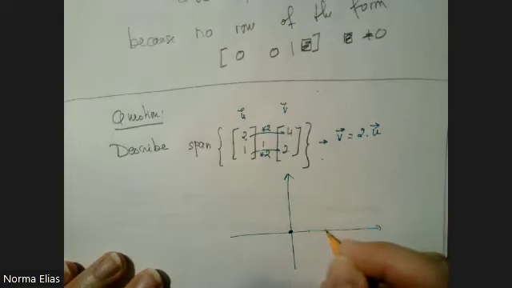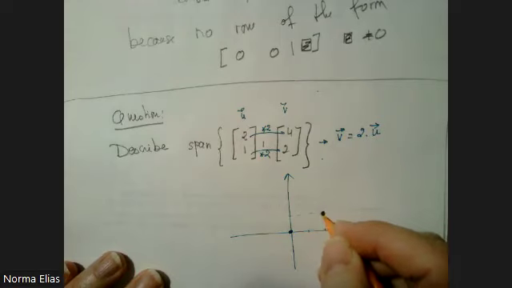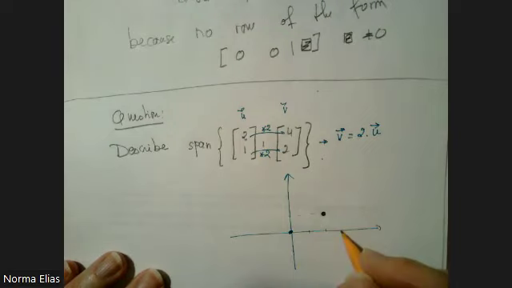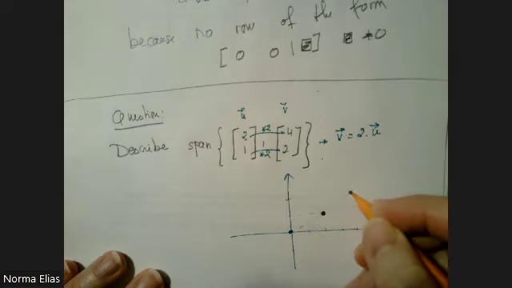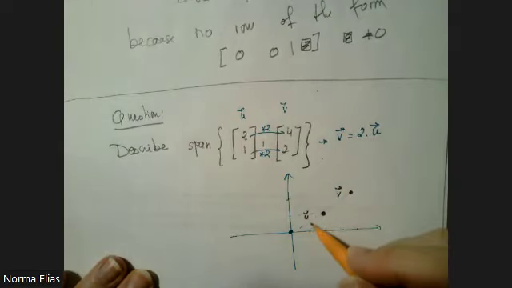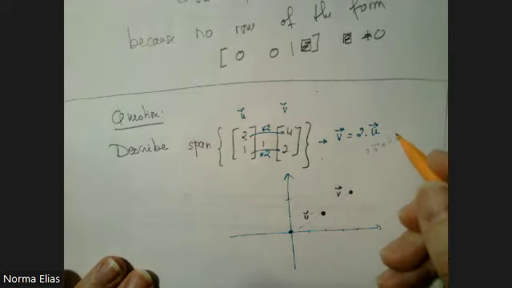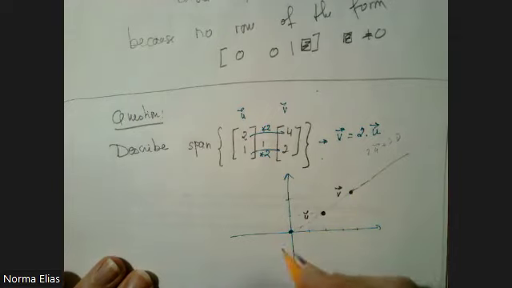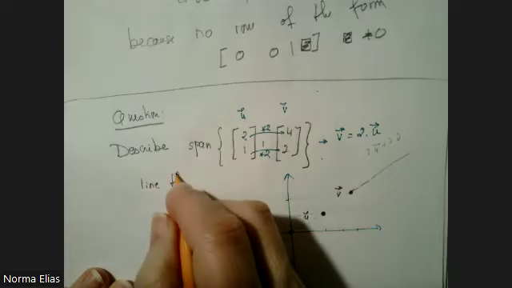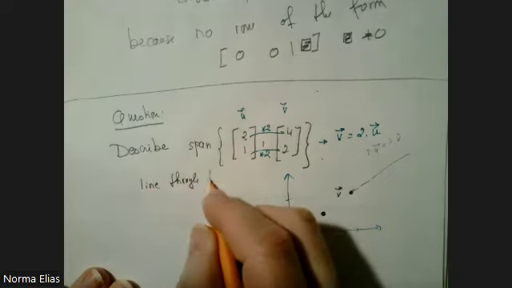The vector 2, 1 is right here. That's the vector 2, 1. V is nothing more than a stretch of 2, 1. So basically, this is my V. So V is absolutely right here. So this is my U, and this is my V. So now whenever I take a combination of them, let us say, 2U plus 3V, 2U plus 3V is going to be on the same line. So we're not going to leave that line. So the span is the line through the origin